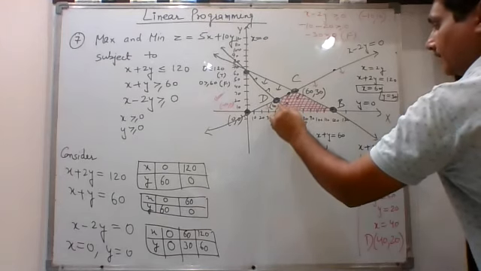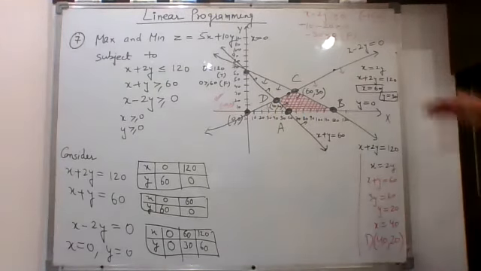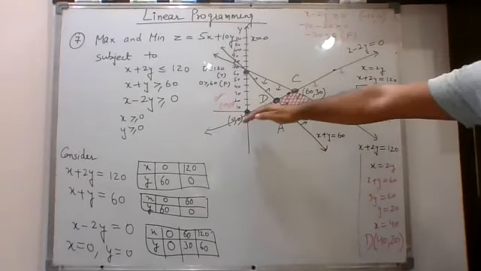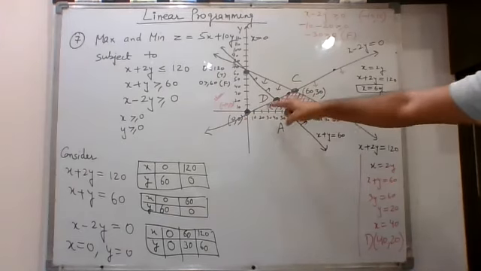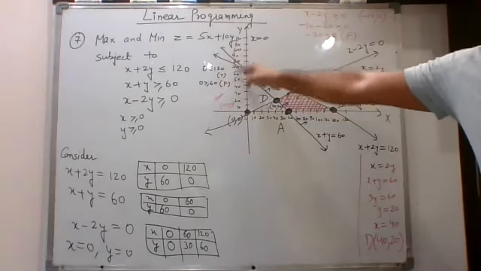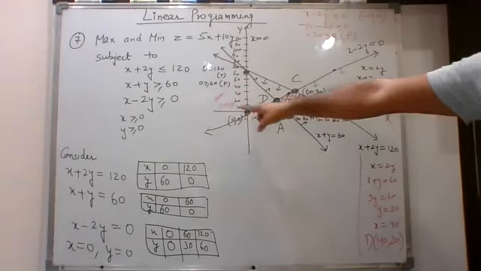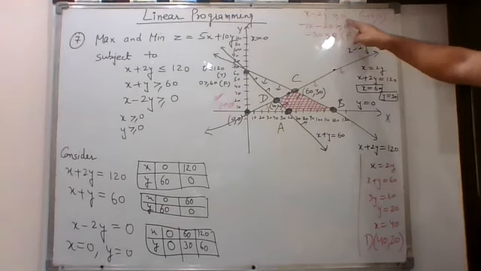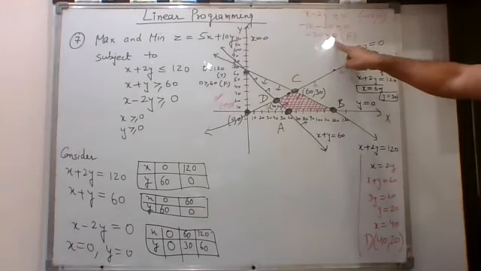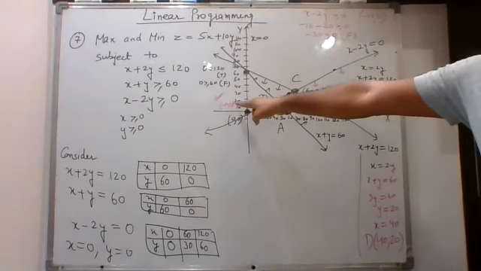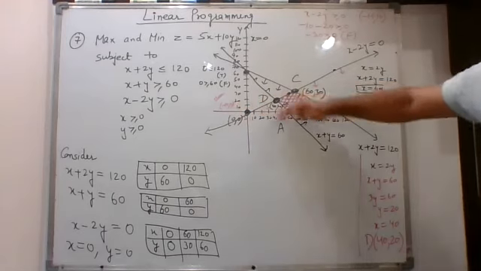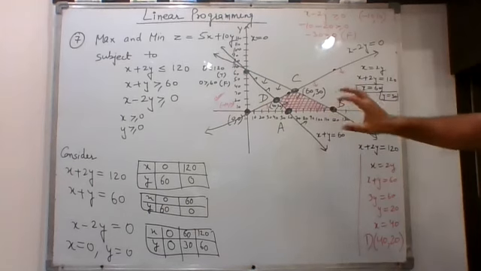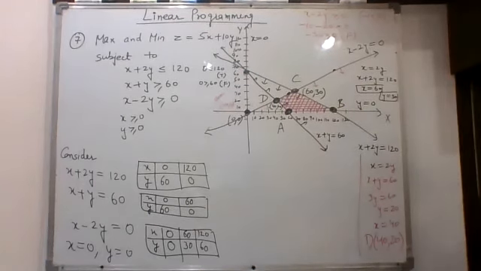Let me again repeat how to decide the direction of this exceptional line. Whenever a line is passing through the origin, you have to take into consideration any arbitrary point from the second quadrant. So I'm taking minus 10, comma 10. When I substitute in this line, I get minus 30 is greater than or equal to 0, which is a false statement. So I have to move away from this particular point. Away means this is the direction. Now, when you take all the directions into consideration and the first quadrant, this is the required feasible region.